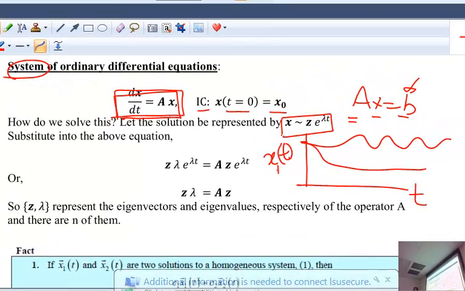What is e to the power lambda t? What is e? E is a